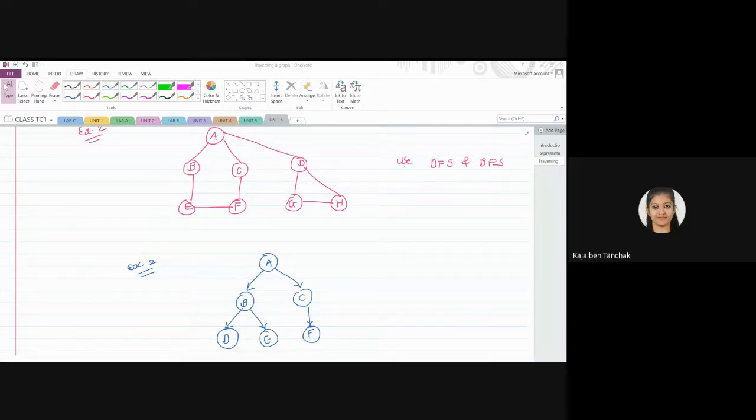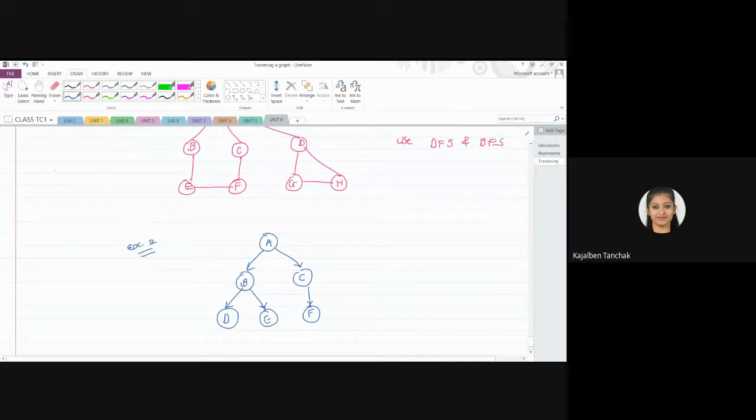Okay, so there is one thing I want to tell you about this graph. If we have this arrow, then only we are able to do the backtracking. Otherwise, it is not possible. If we have both directions, then we can do it.